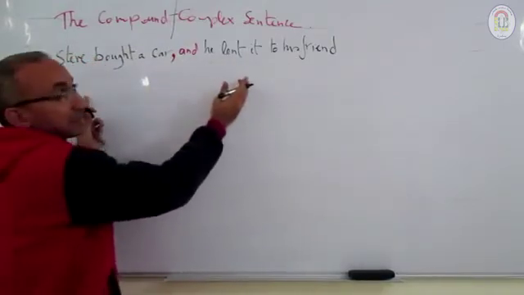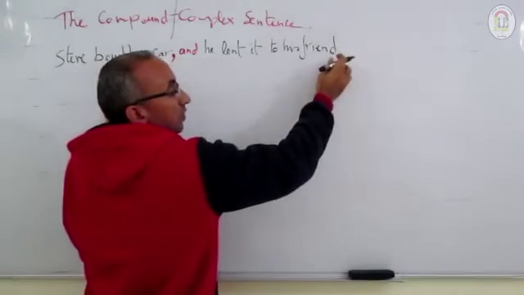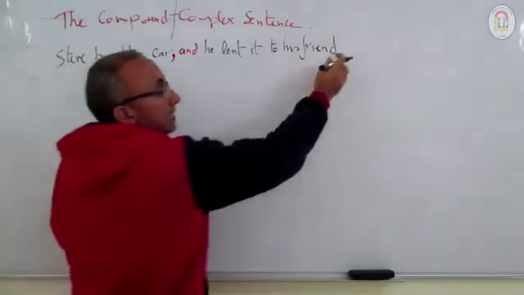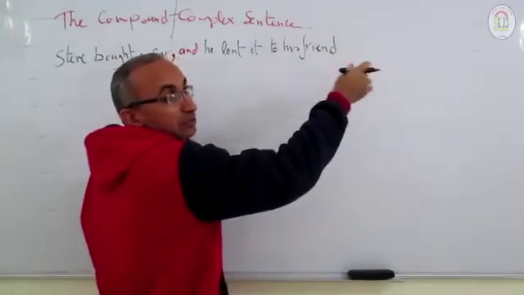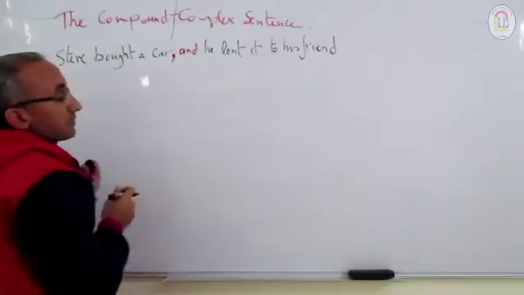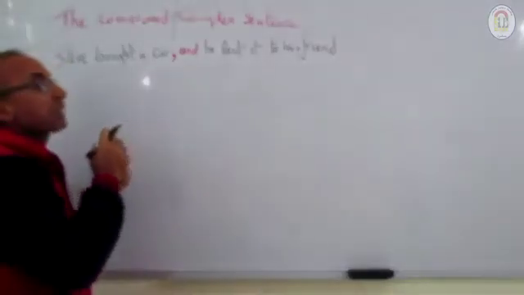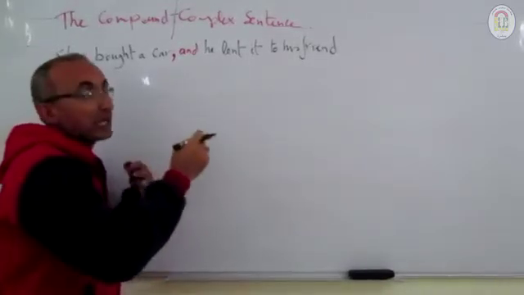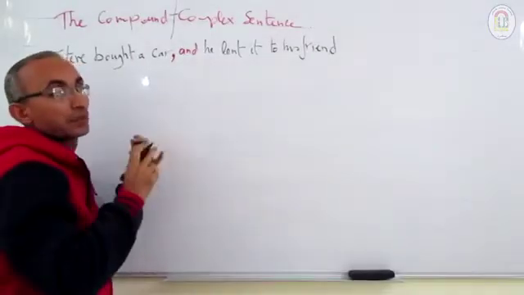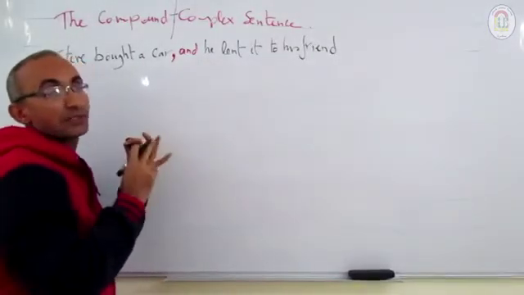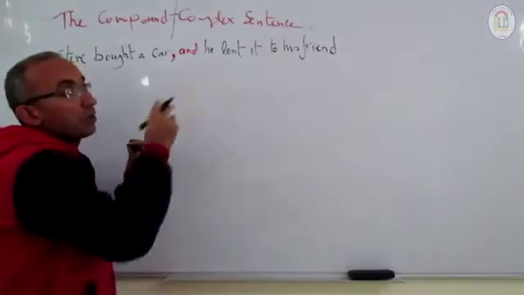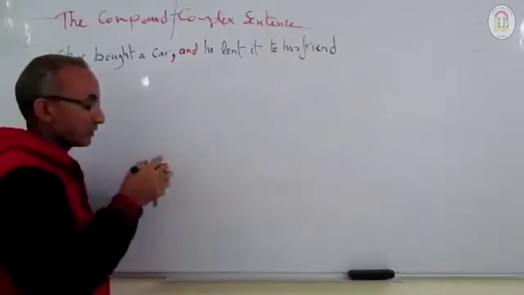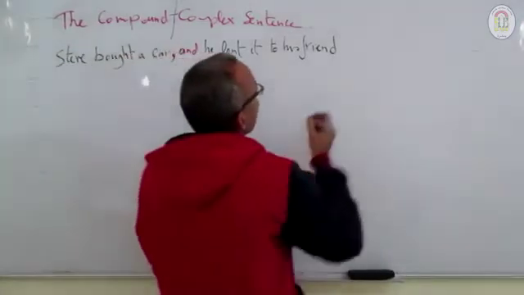It's a compound sentence, which consists of two or more independent clauses, plus one or more dependent clauses. So here is my compound sentence first. I would like to turn it into a compound complex, so I must add to it what? One or more dependent clauses, starting with one of the elements we saw before, either a conjunction of subordination, or a relative pronoun or adverb, or one of the starters of the noun clause. I will choose here the relative pronoun who, and he lent it to his friend